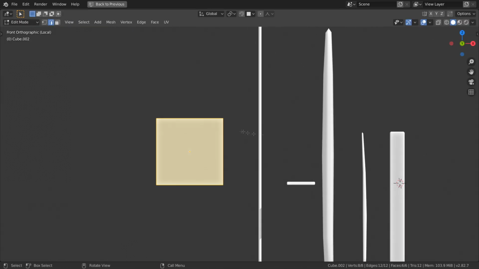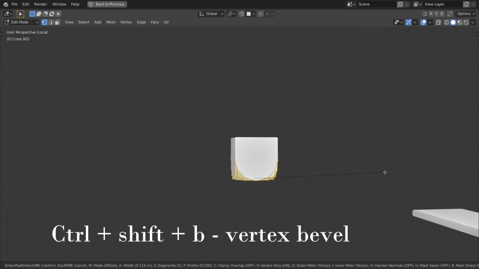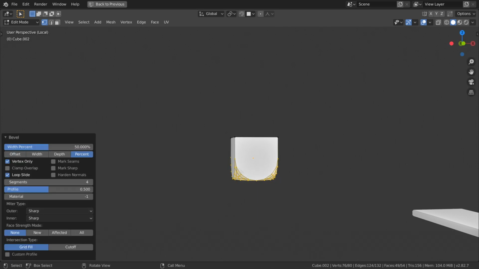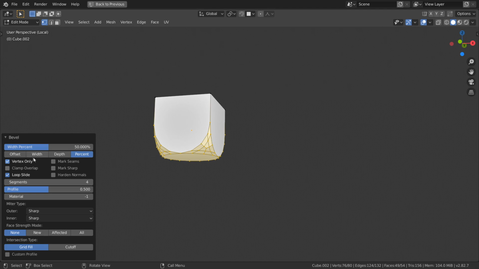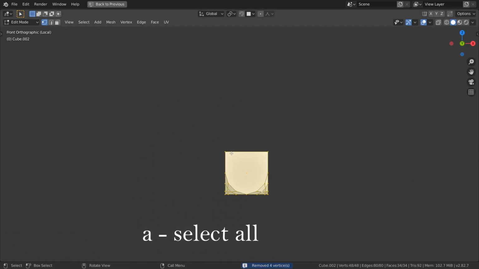In edit mode, bottom vertices of this cube are beveled with a vertex bevel. Ctrl, Shift and B, and the amount of segments is adjusted by the scroll wheel. To get a better result, you can choose to bevel by the percentage and pick 50%. This, however, will cause some vertices to overlap. So once the bevel is accepted, you have to select all vertices with A key and merge them by distance